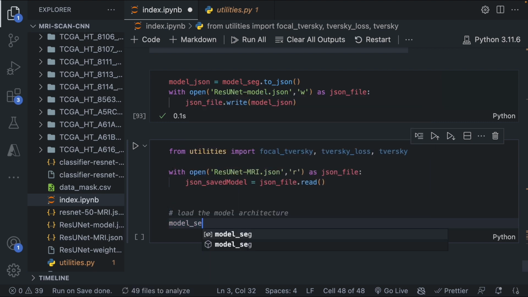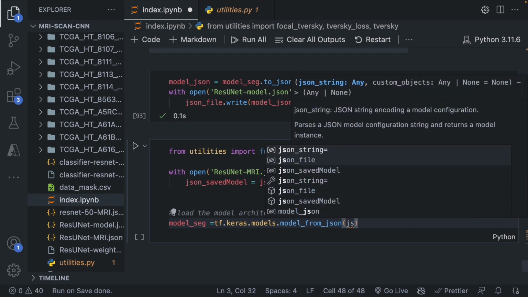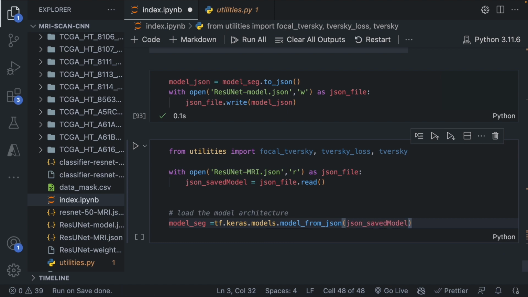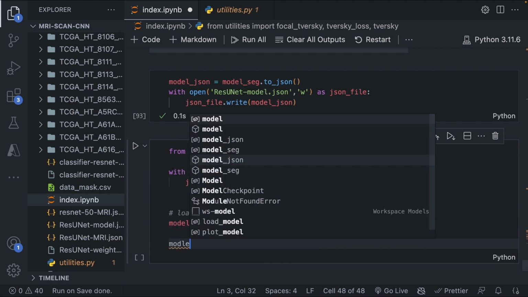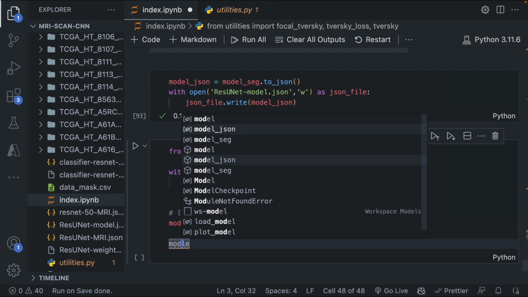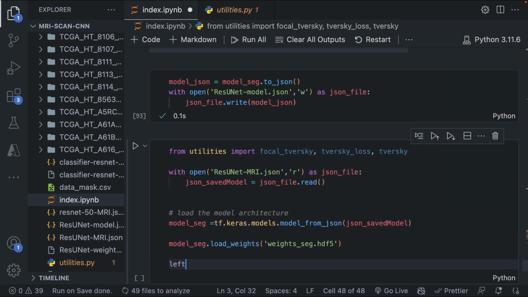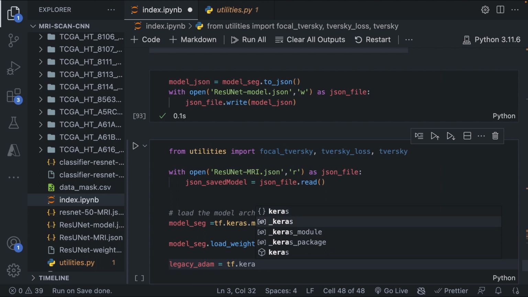With model segmentation, model seg, tensorflow.keras dot models from JSON. We have JSON saved model. Then model seg dot load weights. We load the weights, ResUnet underscore seg dot hdf5. Then we have a legacy Adam for our optimizer, tensorflow.keras